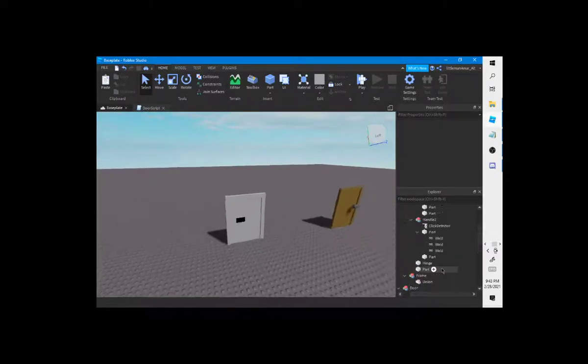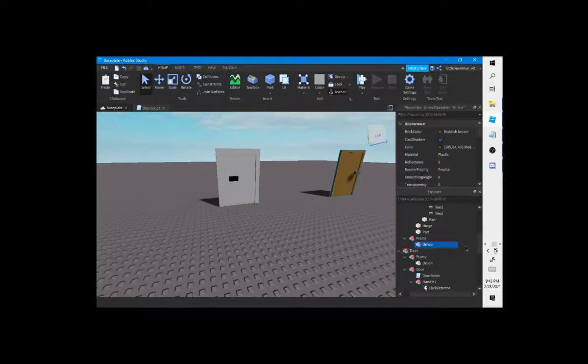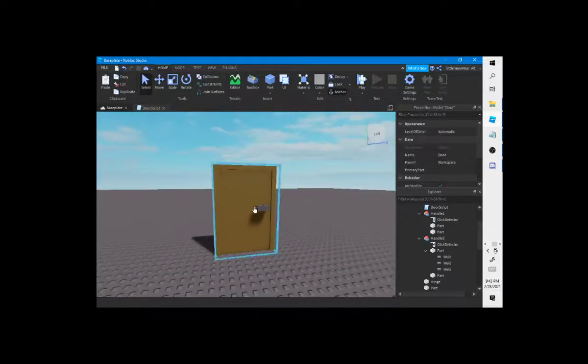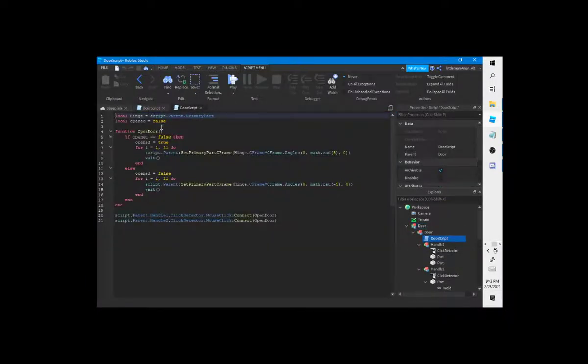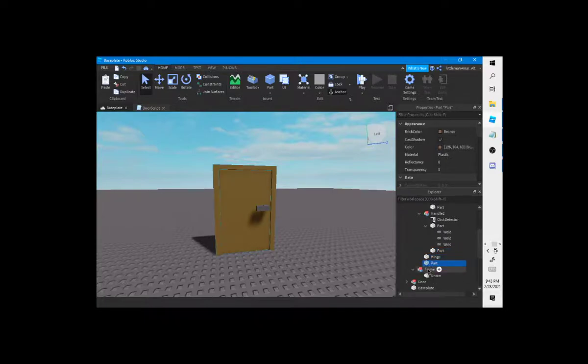But just to let you know, this is what it has to look like in the model. You have to have the door script here. The handle will be here. The click detectors. Then this handle will have the click detector, and then the hinge, and then the